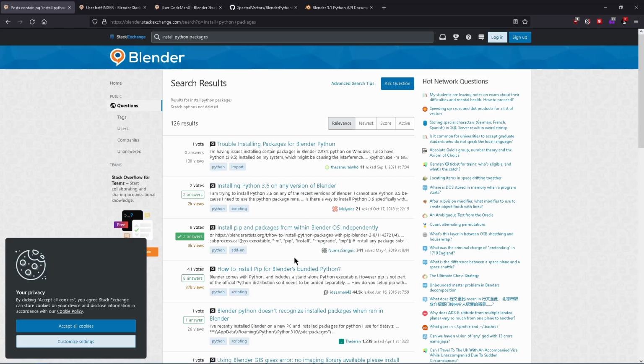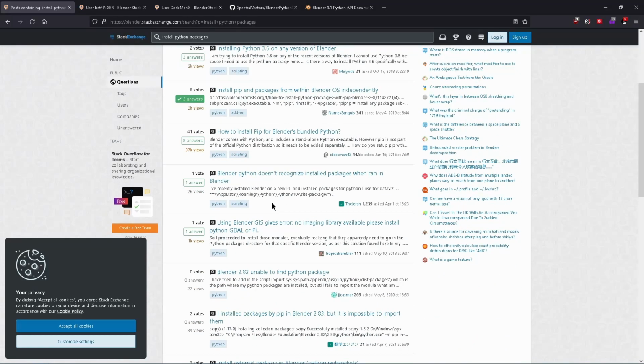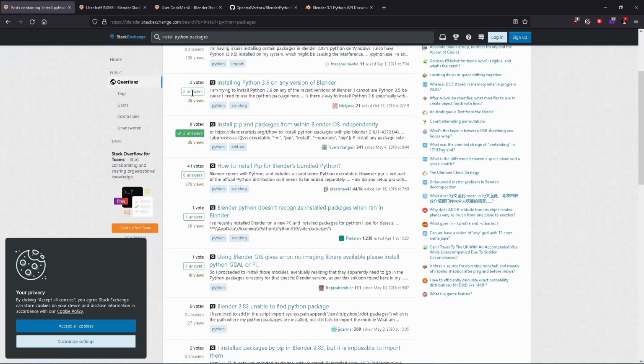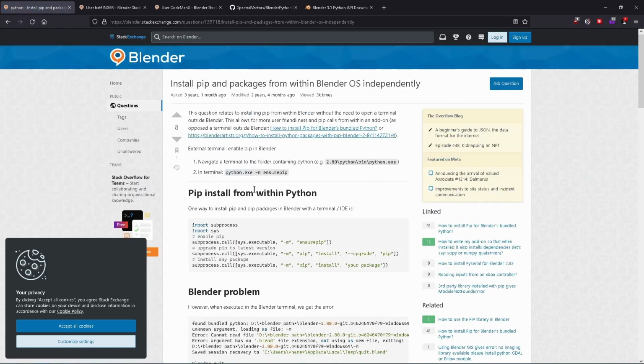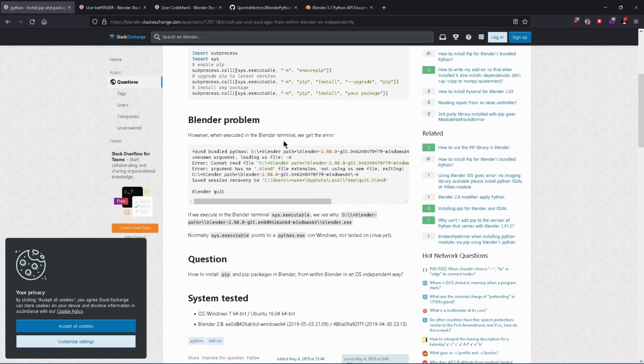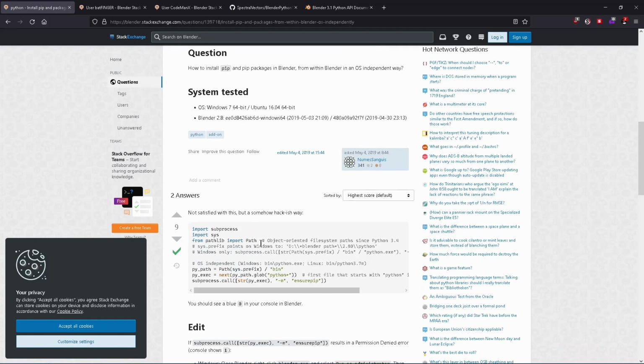So there are people who have had your issue before, and you can see some with the green. That means they have an answer that someone has approved. Others have answers that no one has approved. Others have no answers at all. But probably in here somewhere you can find some little piece of information, some little clue that will help you out,